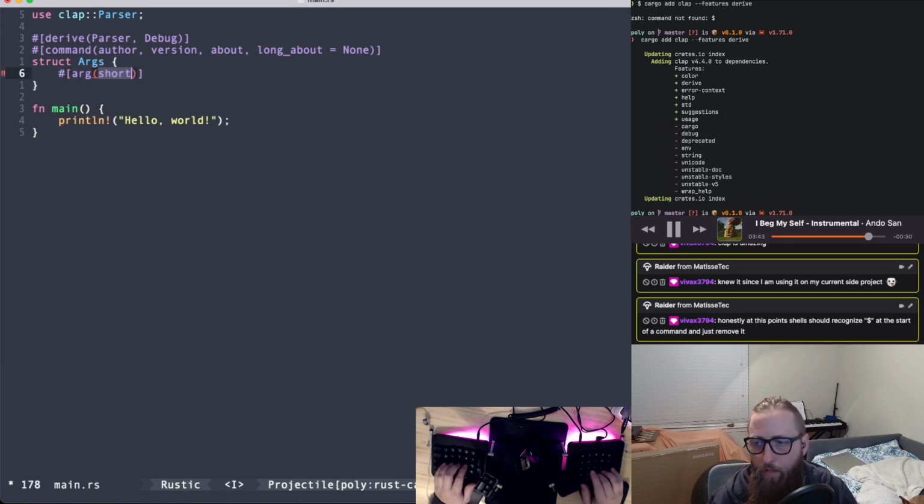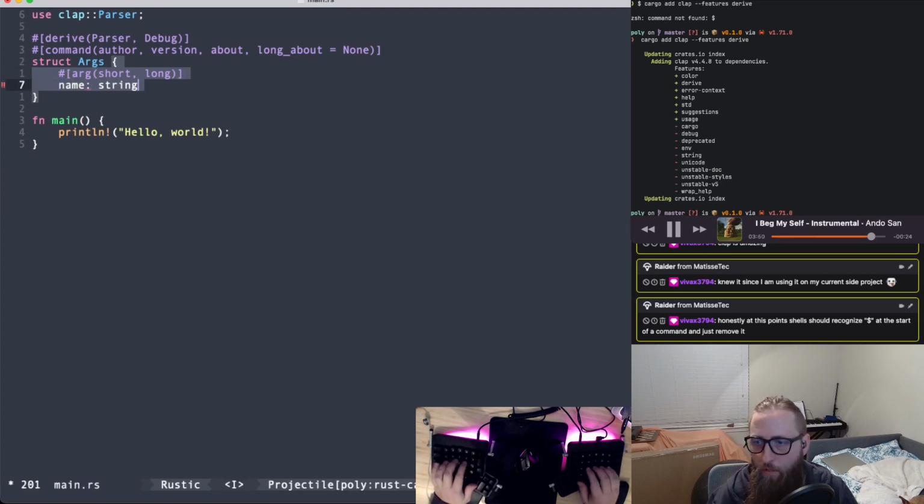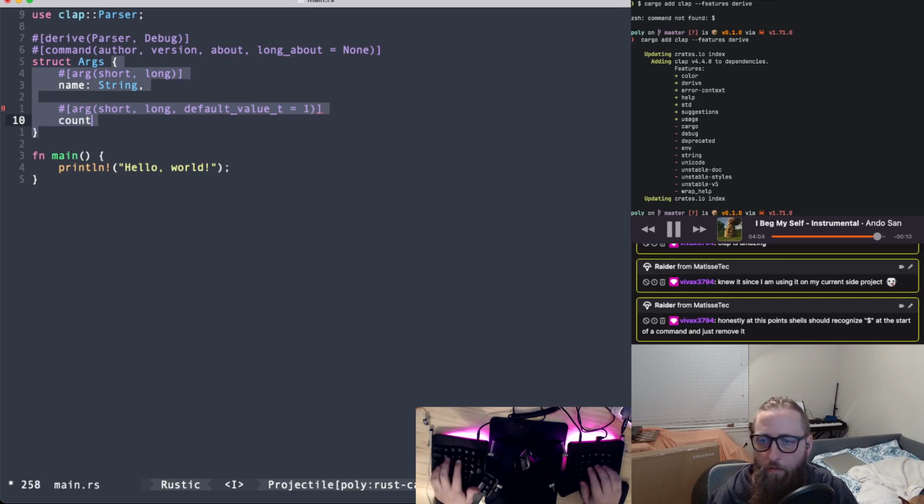Love this syntax. Short and long is name, string, and arg short, long, default value, count u8. Okay. And then here in function main,